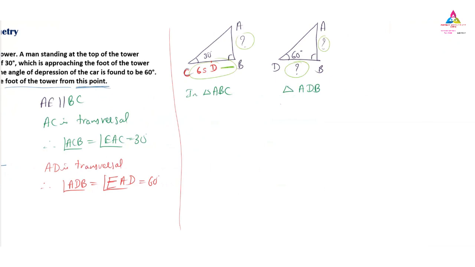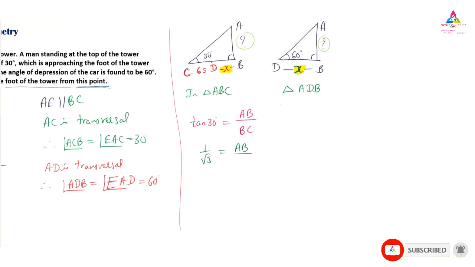So I will take tan 30 degrees equal to opposite, it is AB divided by BC. But the DB value we don't know actually, so we will take it as X. So here the DB value will be X, because that is what they have told us to find. Important: we have taken X here. Tan 30 degrees we know is 1 by root 3. AB value we don't know, keep it as it is, but the BC value we know. BC value is 6 seconds plus X. So it will be 6 plus X.